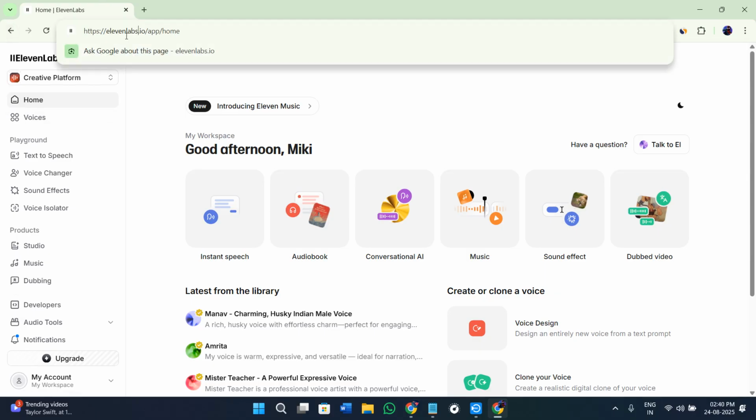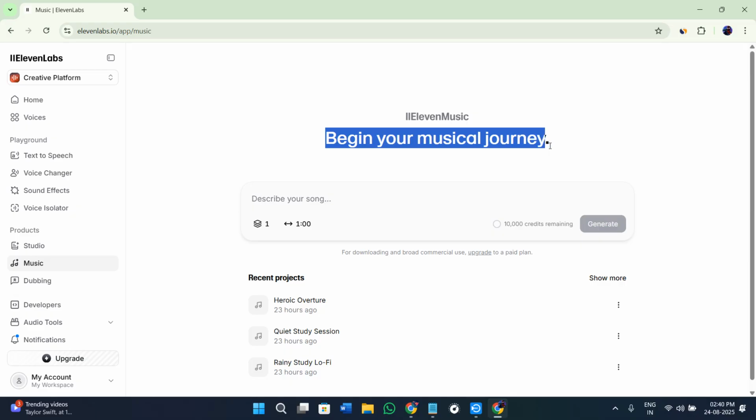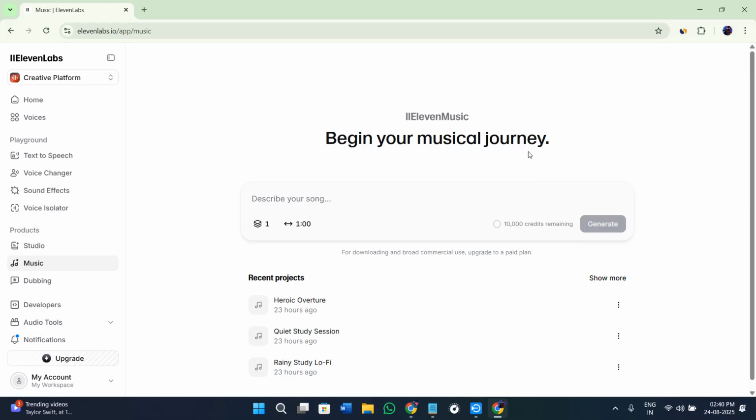First of all, you need to come here on elevenlabs.io. Then you need to basically log in into your account. Over here on the home page, now you will see the fourth option of music. So if you click over here, you will land on this page where you can basically begin your musical journey. You can also access this option by clicking on the music option in the left hand section in